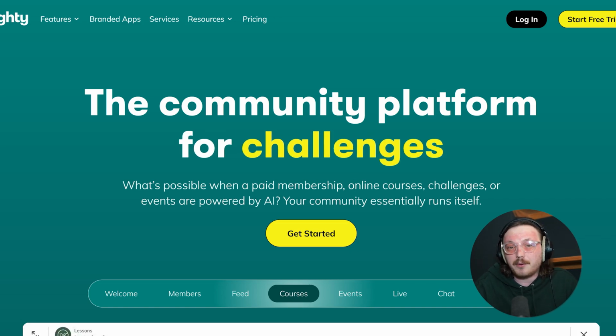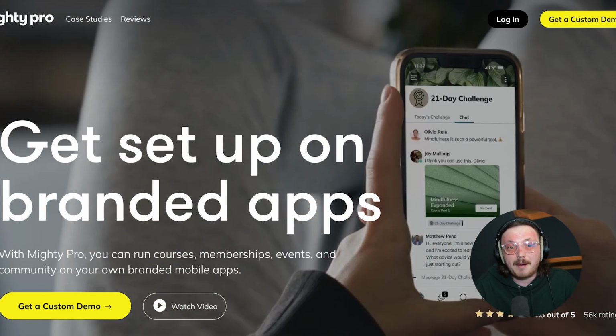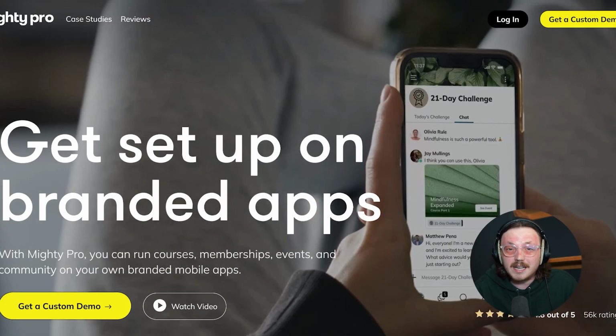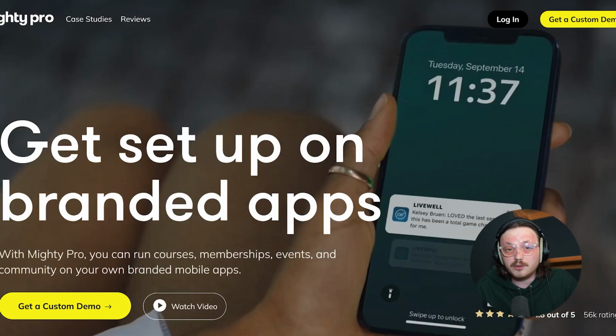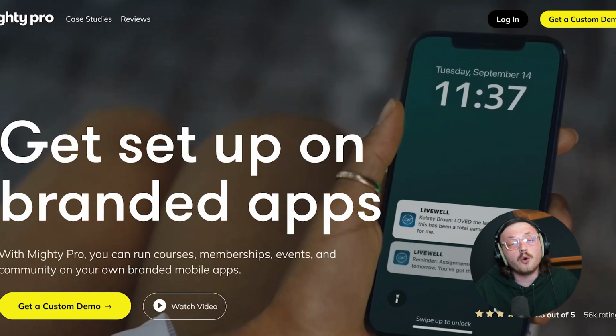When you visit the Mighty Networks website, you'll see it puts a lot of focus on a branded app. This app lets members access the community right from their phones. This mobile-first approach really makes it easy to stay connected anytime, anywhere. It also has great tools for organizing discussions, hosting events, and creating different spaces, or networks.